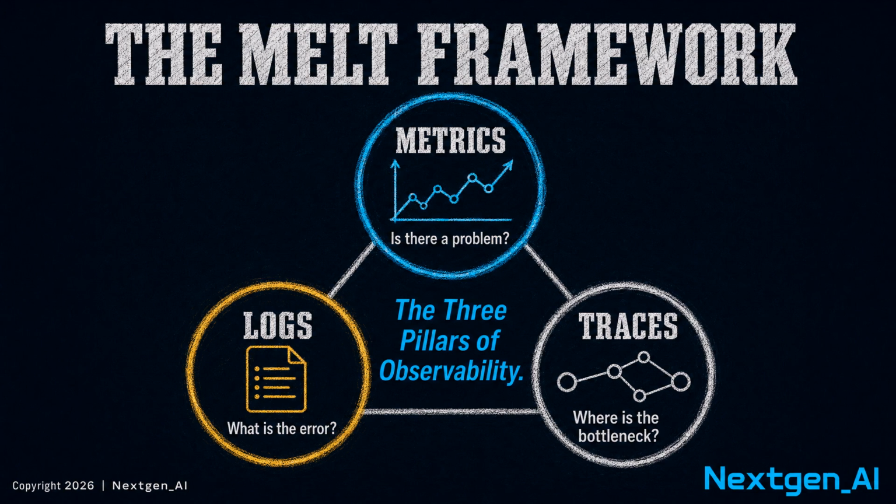Traces, finally, map a single request's progression across your entire distributed architecture. Leveraging context propagation, typically via W3C trace context headers, tracing visualizes the full execution path. This pinpoints exact latency bottlenecks, perhaps a slow database query in a specific microservice, or upstream failures, answering precisely where the problem truly resides. Together, these three deeply integrated pillars deliver a comprehensive, multidimensional view of your system's health and